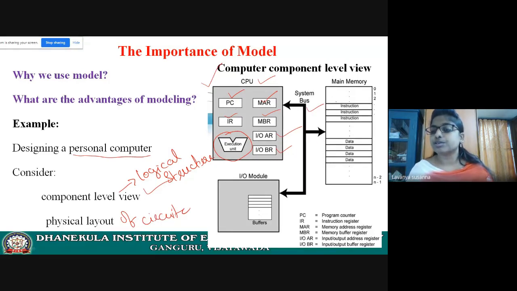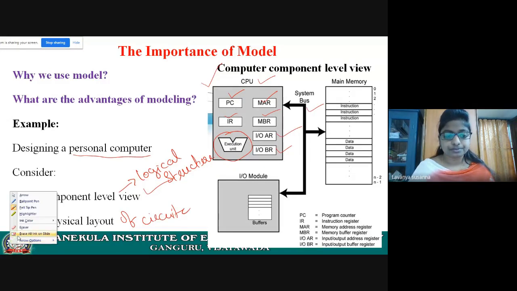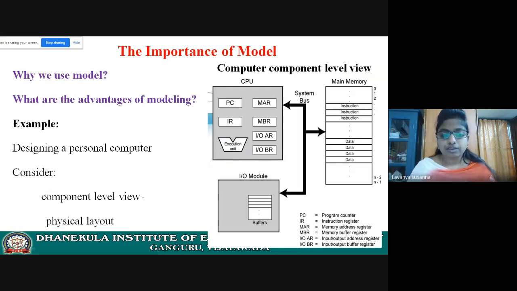The data is stored in main memory while the CPU is processing. All currently working data will be stored in main memory, the temporary memory. You can see how the components interact and what components are present in the system. So this component level view helps you understand what the components are and how they will behave. So the component level view is completed. This is the diagram, this is the model, a diagrammatic representation. Next, let us see the physical layout.